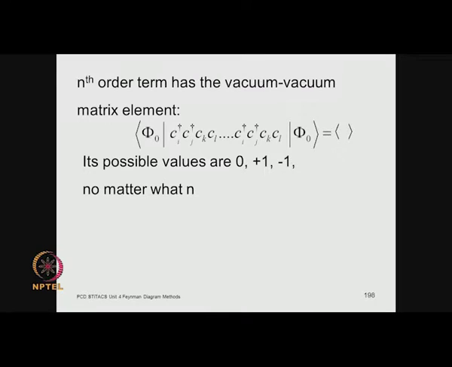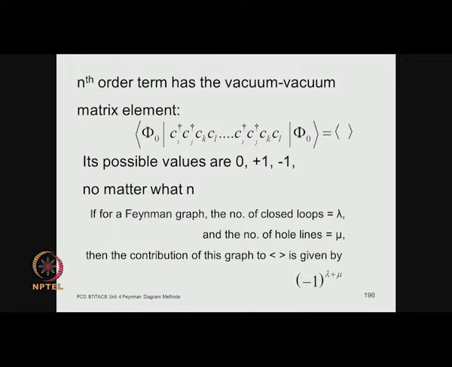So, no matter what n you are talking about, whether it is n equal to 1, for which we have seen this explicitly, but even for the second order and higher order terms, you always have a contribution to the graph which goes as -1 to the power lambda plus mu. Now, this is a result which is based on the Wick's theorem,